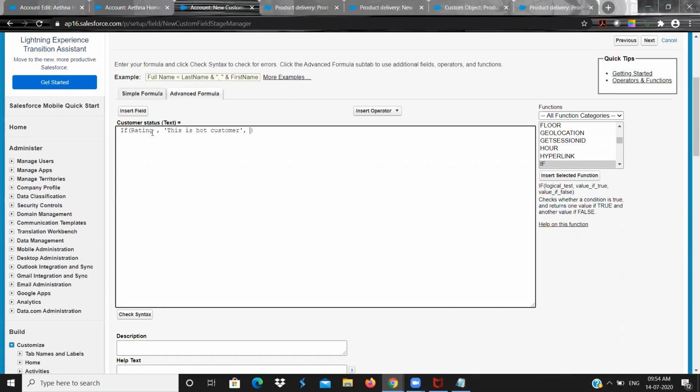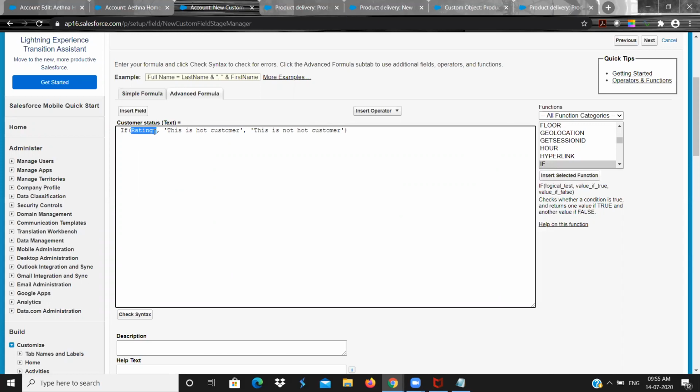If not, I want to display this is not hot customer. As per the IF condition, true or false: if it is true, it will display this text. If it is false, it will display this text. So I need to give the condition here.